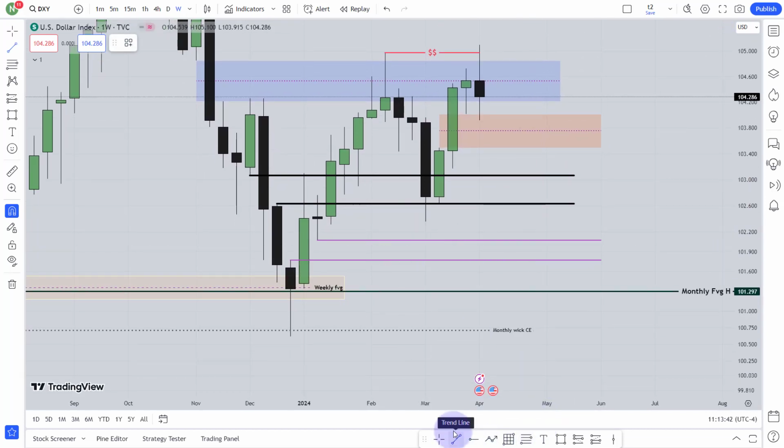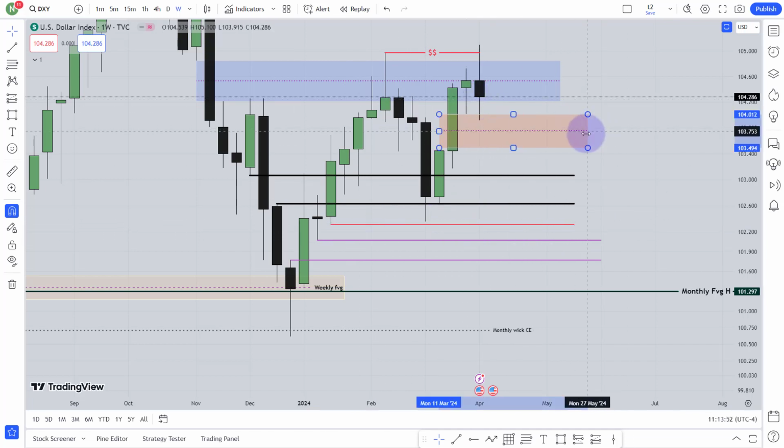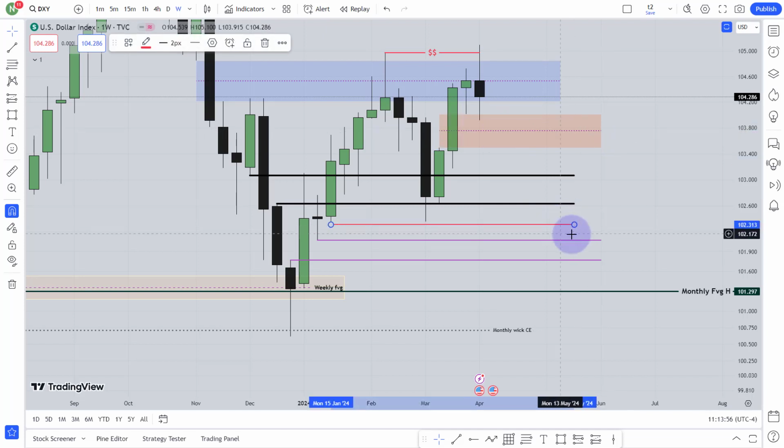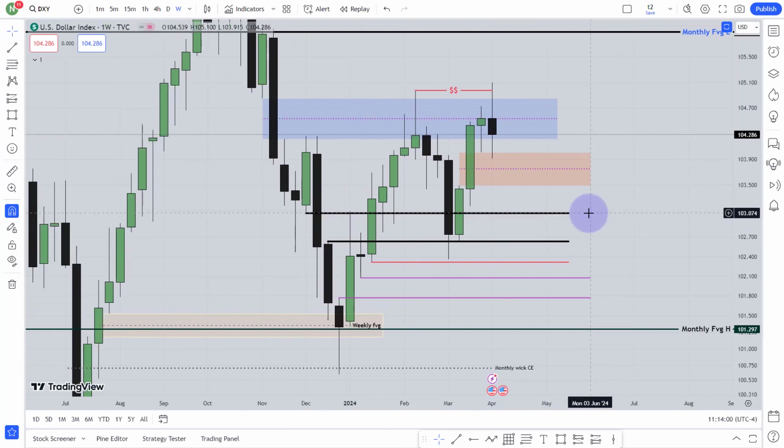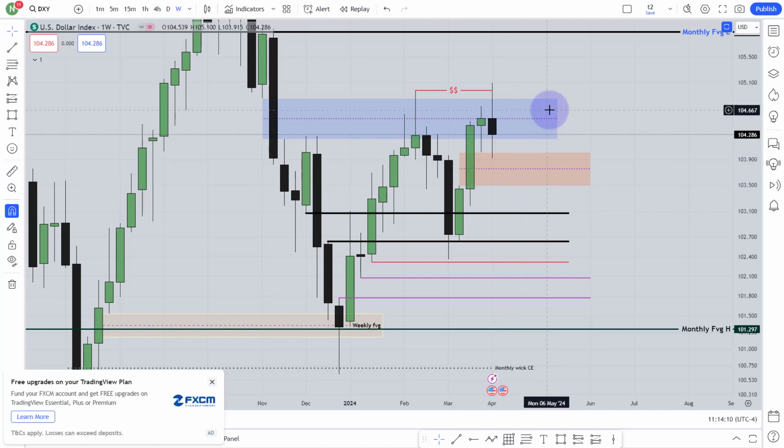You can see this low and that low, they are relatively equal lows. That can be the sell side liquidity. So if market can break that bullish fair value gap, it can go at least toward that sell side liquidity from the weekly chart. If you ask me what my expectation is, I will see if it can close above the consequent encroachment or close below the consequent encroachment of that fair value gap. Then I will decide where market is going.